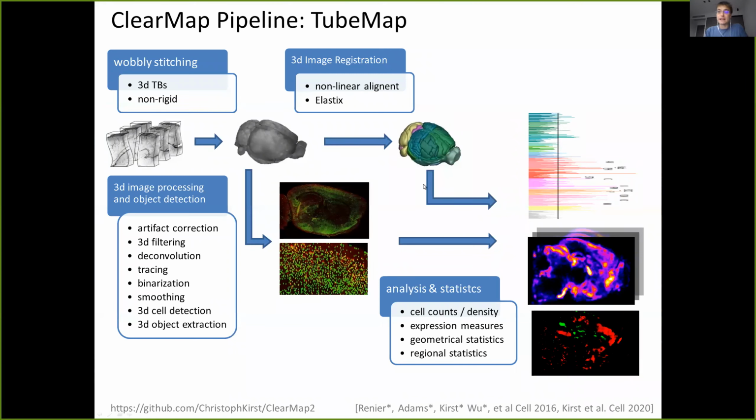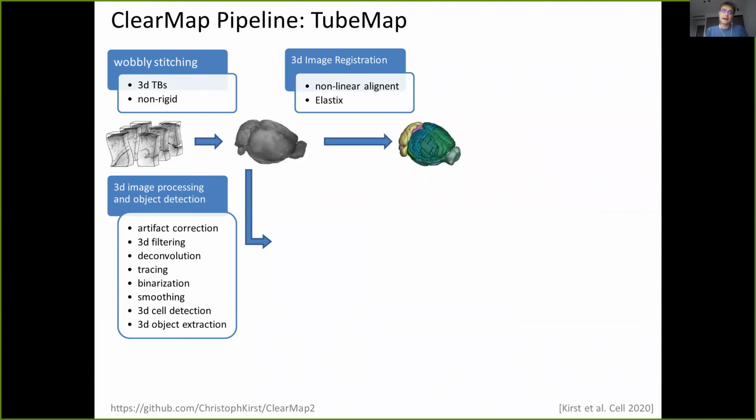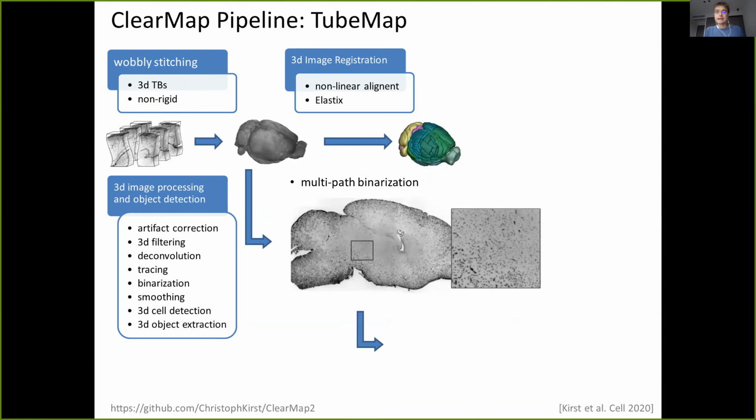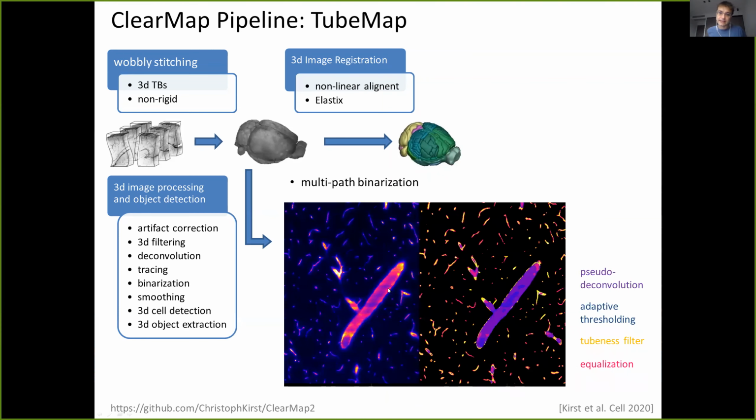Okay, but the initial pipeline, of course, is not going to work to extract these vasculature networks. So we had to rewind a bit and develop some new tools that take this raw data and turn it, in the first step, into binary data telling you what is the vessel and what is the background. This we do by a multi-path binarization, because I told you in the beginning, this data is quite multi-scale. So here, for example, we have this big vessel that generates a big halo effect around it, which we can detect and then even get rid of the shadow by what we call pseudo deconvolution.